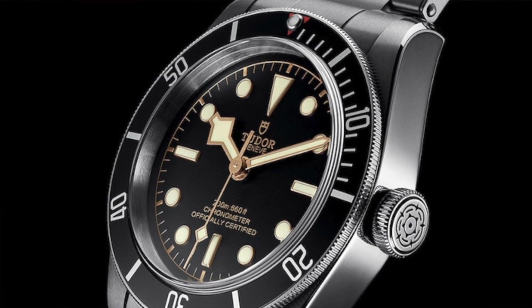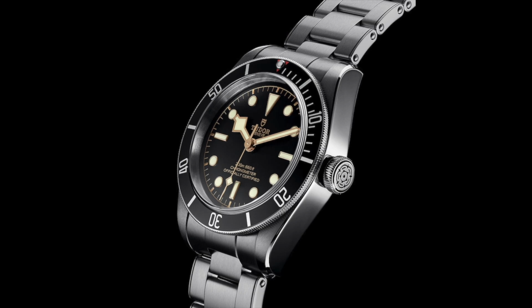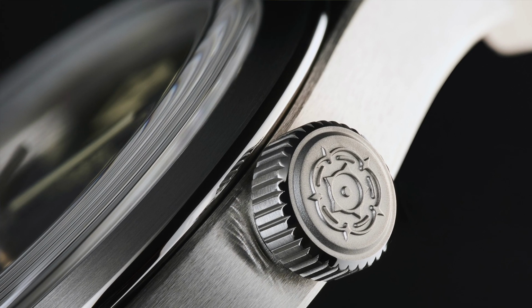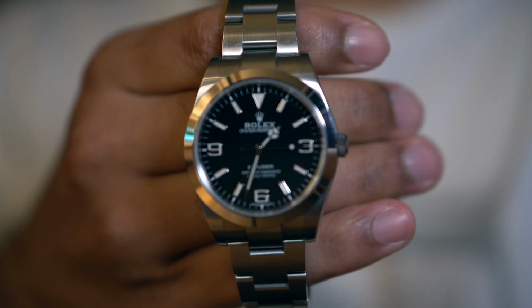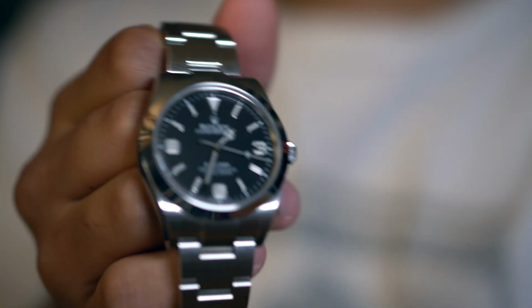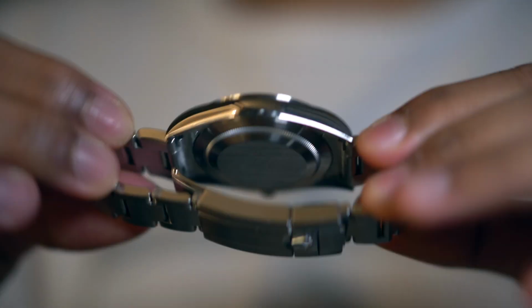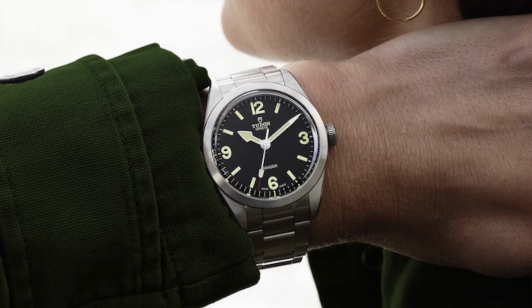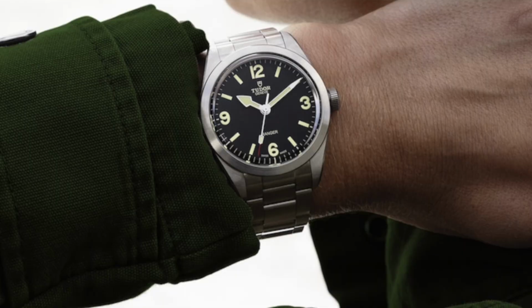Starting off with the regular Black Bay in 41mm, that's a really thick watch. The Black Bay Pro that just released, a lot of the conversation around that watch is all about the thickness. And of course, the use of a dome crystal doesn't particularly help, but even the case thickness alone is greater than Rolex, and people are not that pleased with that. The Explorer comes in at 11mm thick, but it's got a flat sapphire crystal. The Tudor Ranger is also supposedly 11mm thick, but I think that does not count the dome crystal. I think with the dome crystal, it's very similar to a Black Bay. So I'd estimate in the region of